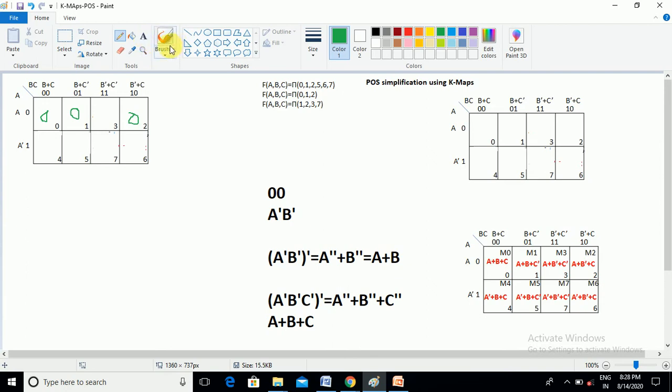Okay, now let us do the grouping. You already know that when you go to the mapping, first you need to select the easy grouping. It is a very easy one, the 0, 1 combination cell. Now we need to think about the cells which are not in the group. Who is not in the group? 0 only is not in the group.